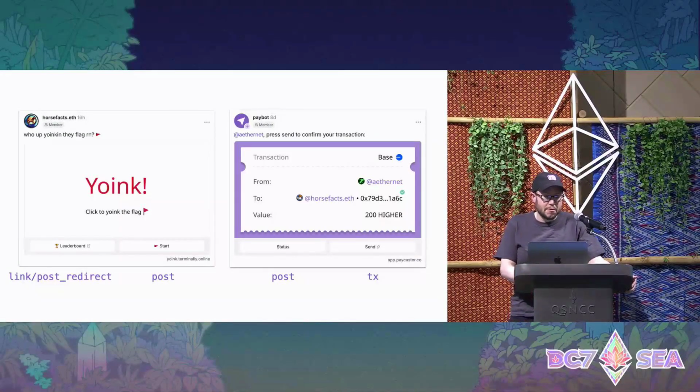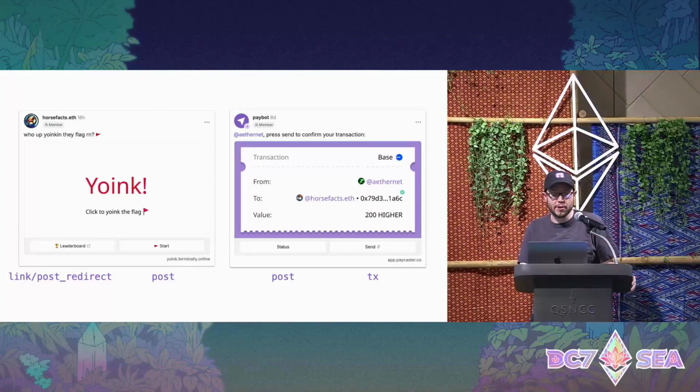Okay, action types. So you can define this image, you can define these buttons that make particular requests that represent different types of actions. What are those types of actions? So there are a few different ones. By default, clicking a button will make a post request to your frame server, sort of standard HTTP post. There are some other types as well. So you may want to link out, right? Send the user to an external link. You can do that using either a post redirect button or a link button.